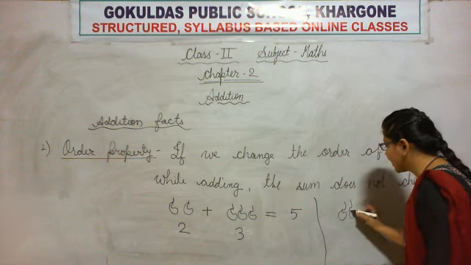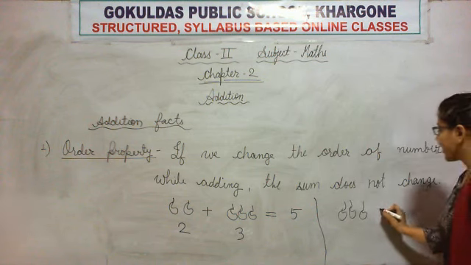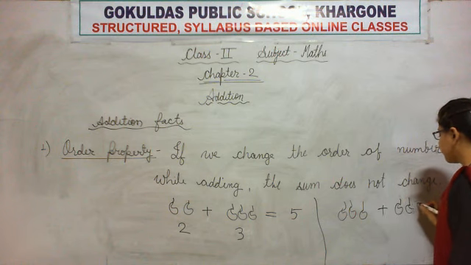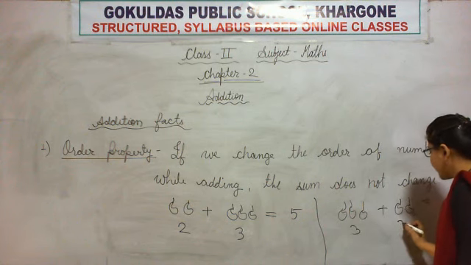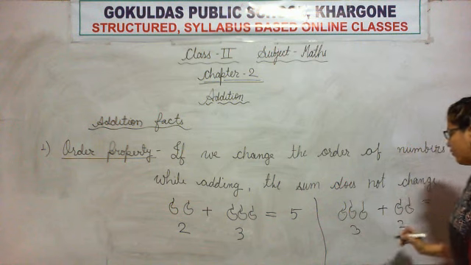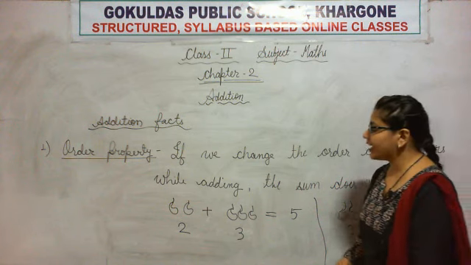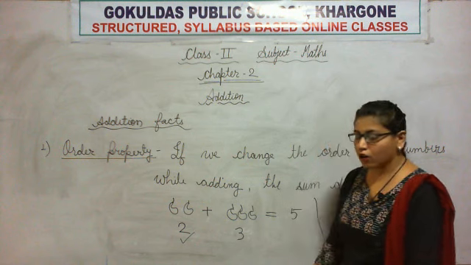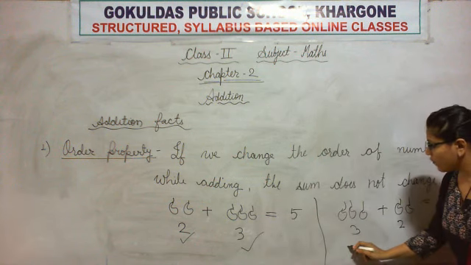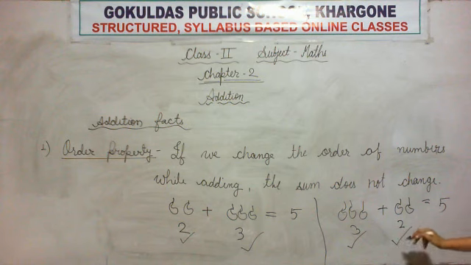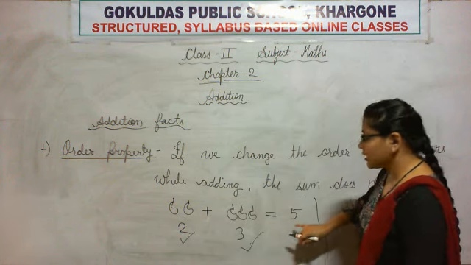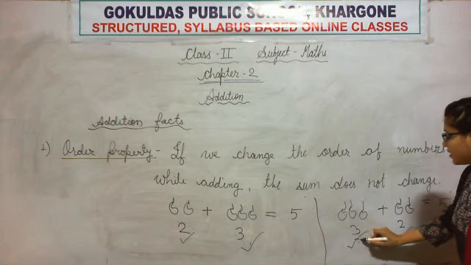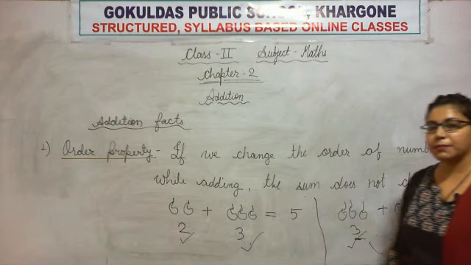Now imagine a second scenario. Suppose you were having these 3 mangoes. Now I give you these 2 more mangoes. So how many mangoes do you have now? Let's count 1, 2 and 3 and these 2. 3 plus 2, very good, 5. So, what happened here is, earlier you were having 2 mangoes, I gave you 3 mangoes, and here you were having 3 mangoes and I gave you 2 mangoes. In both the cases, the answer was 5. So, whether I put this 2 here or here, my answer will be 5 only. Or whether I put this 3 here or here, my answer will be 5.